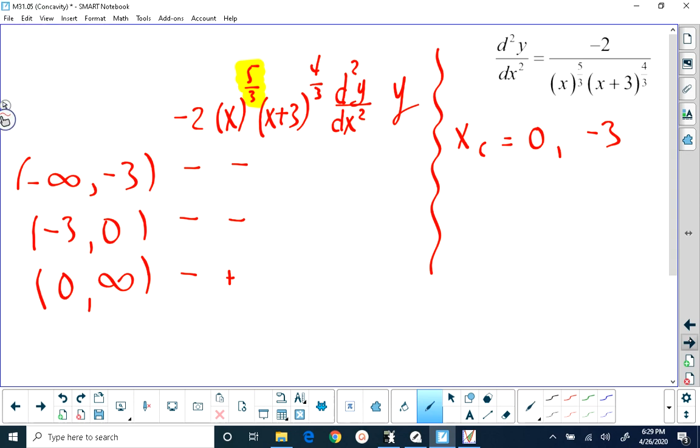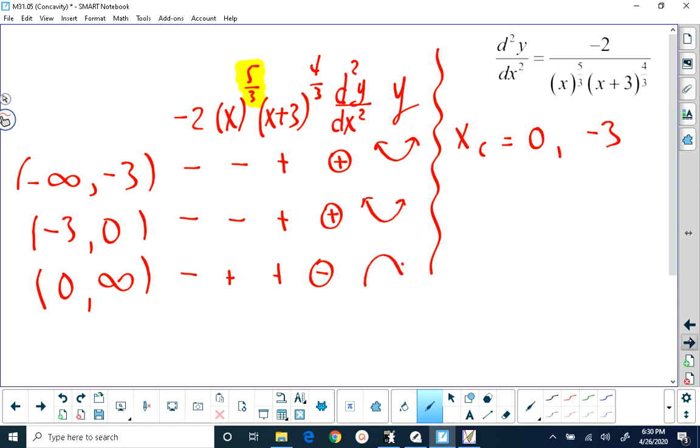X plus 3 to the 4/3, on the other hand, is positive everywhere because it's raised to an even exponent. So whether x plus 3 is positive or negative has no bearing on the situation, because we're going to raise it to a 4 at some point, making it positive. When we take a look at the second derivative by multiplying the positives and negatives, the second derivative is positive, then it's positive, then it's negative, which means that the graph is concave up,